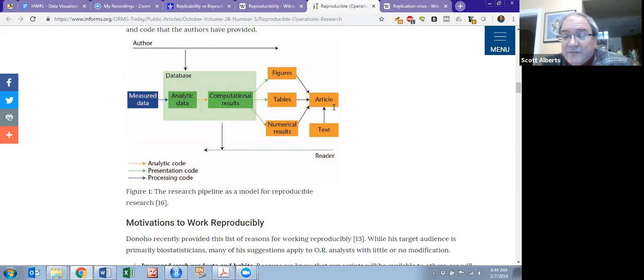So replicability is very important. And like I said, it's not really the thing we in data science worry about. What we worry about is the idea of reproducibility, which is that if somebody else is given the same blue box of data, the same measured data collected from whatever source, will they be able to, first of all, follow